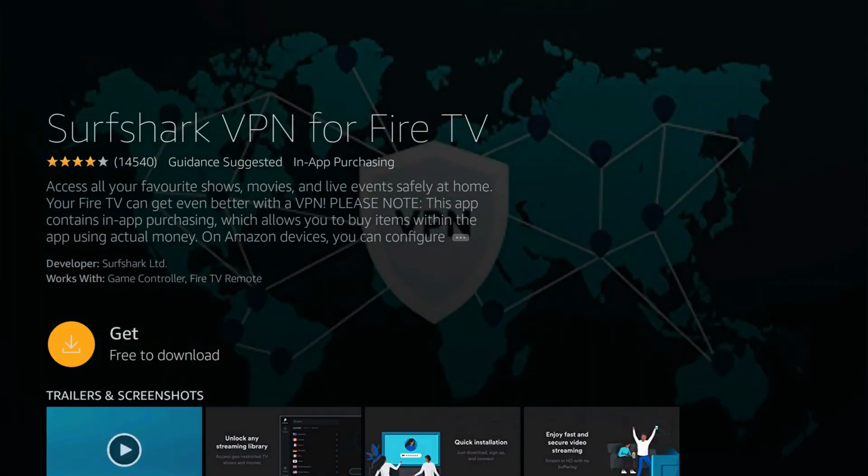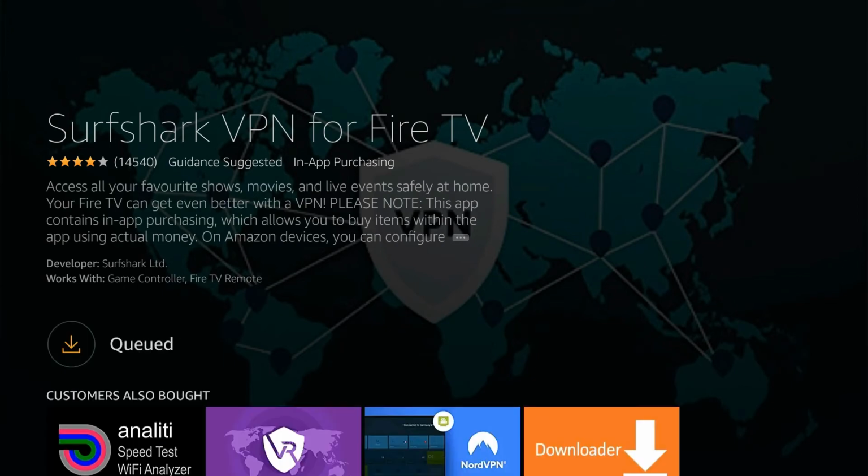Now click on the download button. So here, as you can see, downloading will start. It will depend on your internet speed. So the Surfshark VPN is installed on our Amazon Fire Stick device, and now you can open Surfshark VPN from here